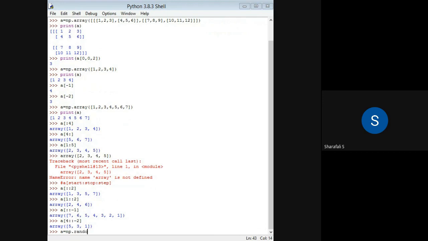Random is another function, also available in the NumPy module, and you can use np.random. By using this random, we can create random numbers, and in this case we are creating random integers.